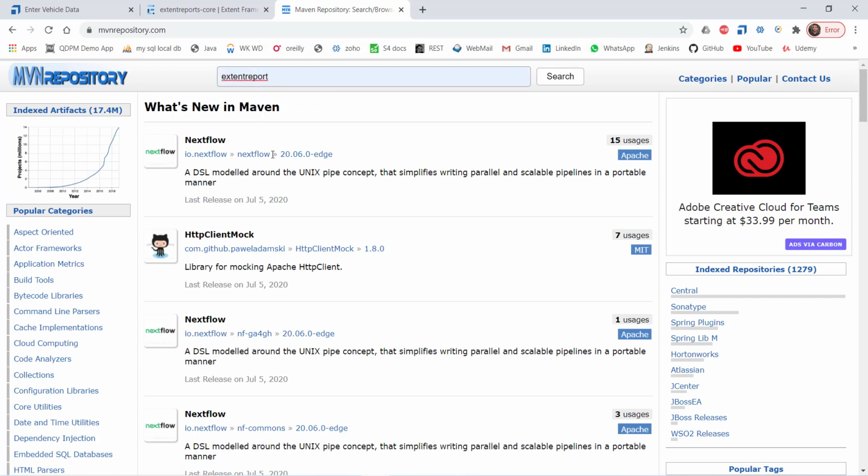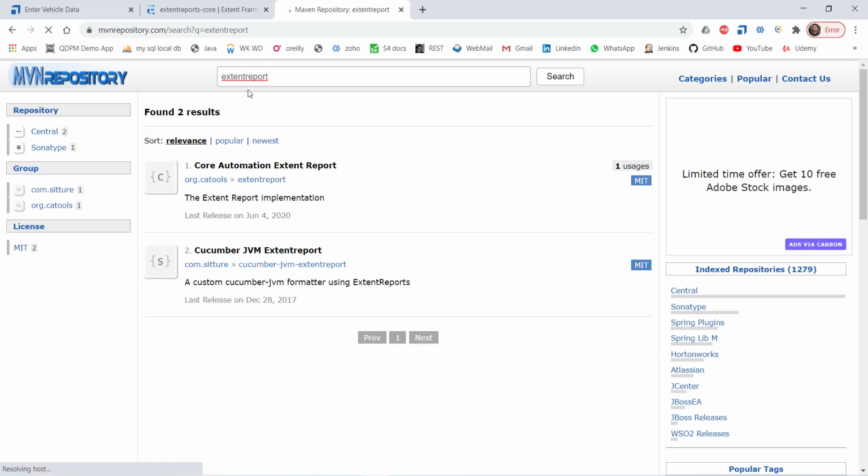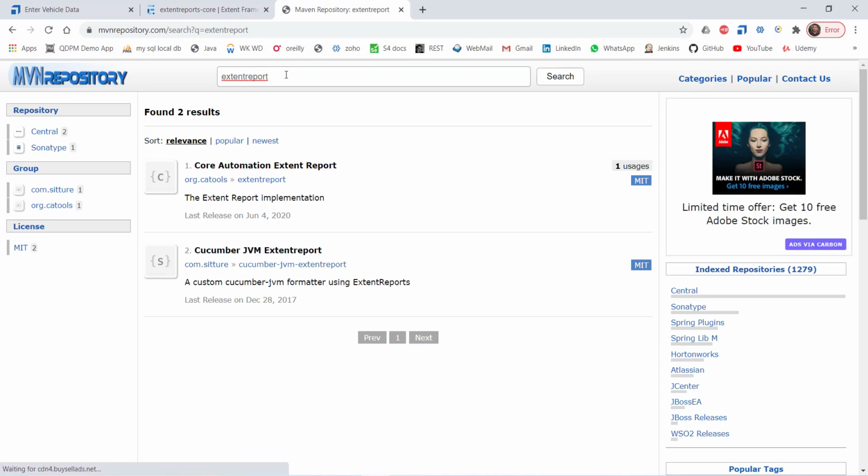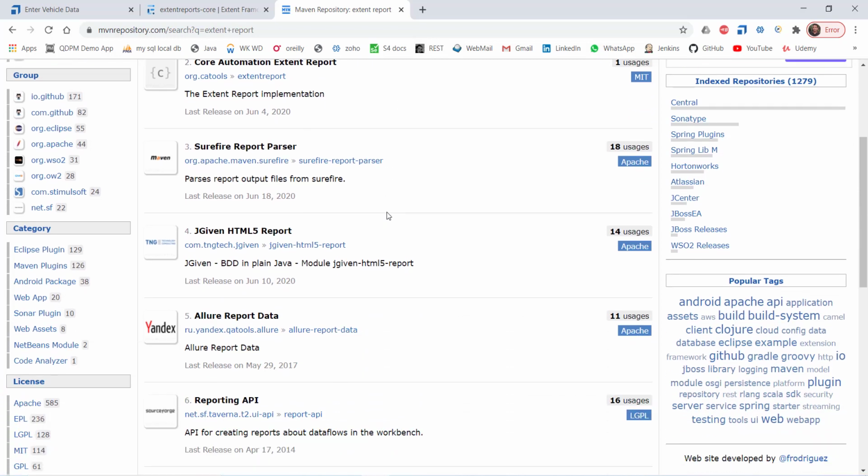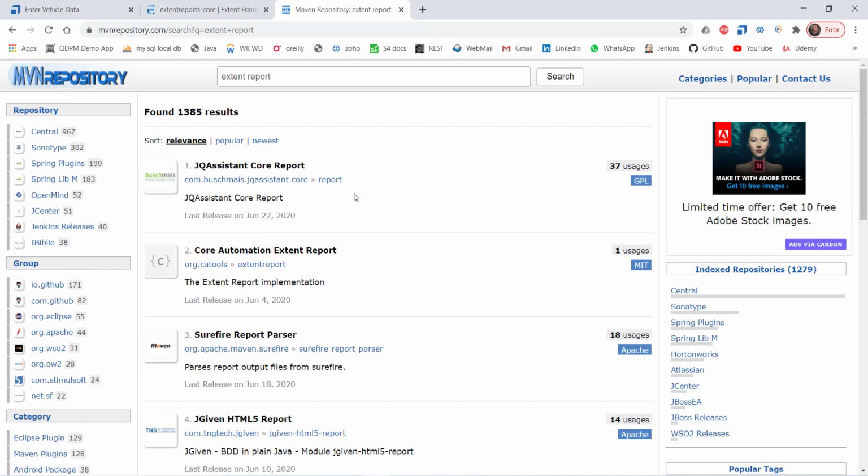Extent report, not the cucumber one. Let me get the correct dependency.